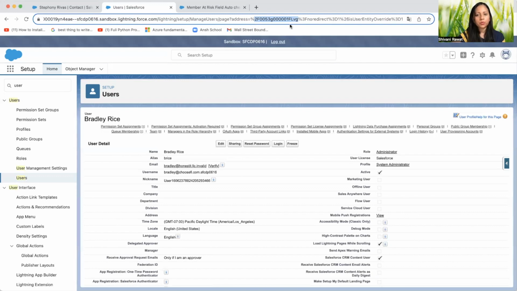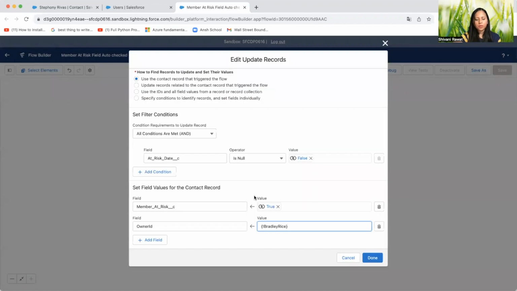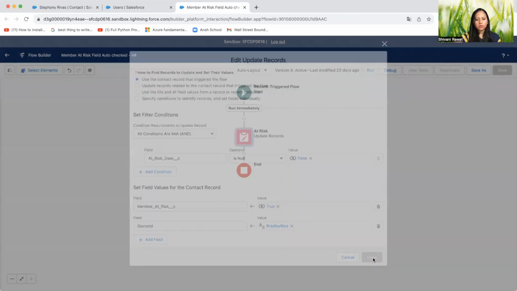So what we're going to do is copy this number here, and in this section we only need 15 digits, so I'm just going to delete the starting 2 digits. Now you can see it's a 15-digit number. Just save this, and the Bradley Rice ID is here. Now this contact owner ID is Bradley Rice. Just save this